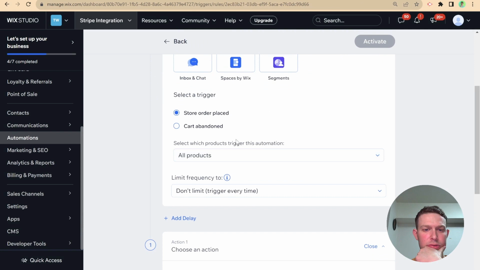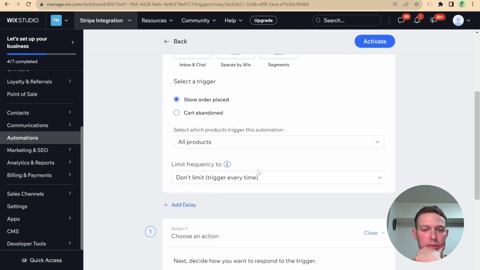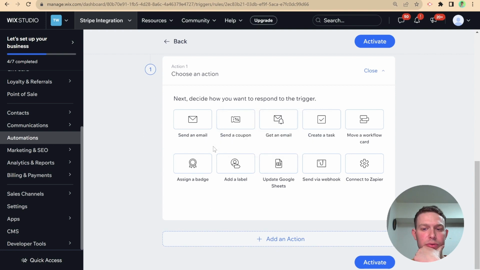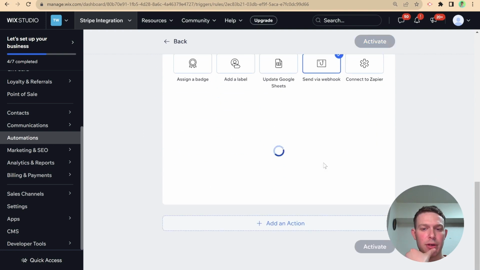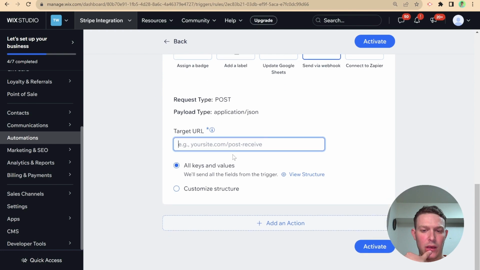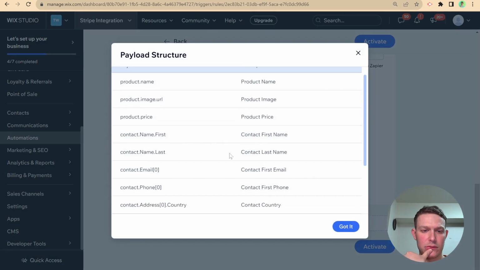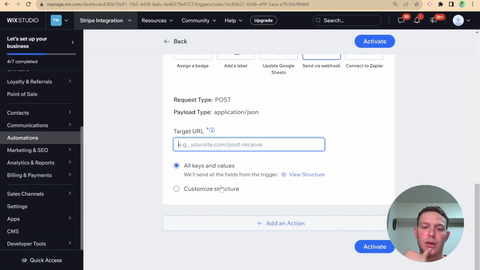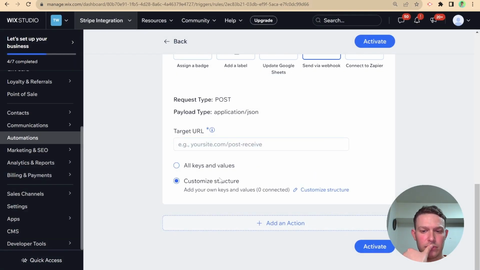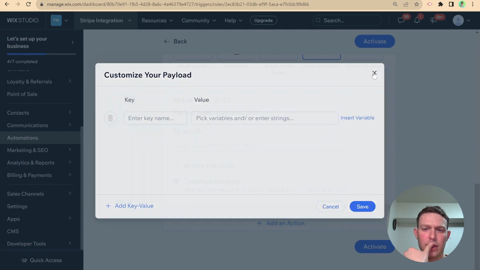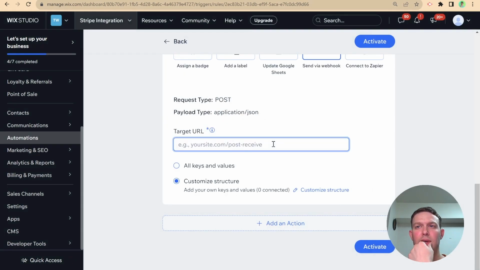Wix stores, store order placed, all products. And then we can go here to send via webhook. And then you could put your, oh here, customize structure. Yeah, we could probably paste the